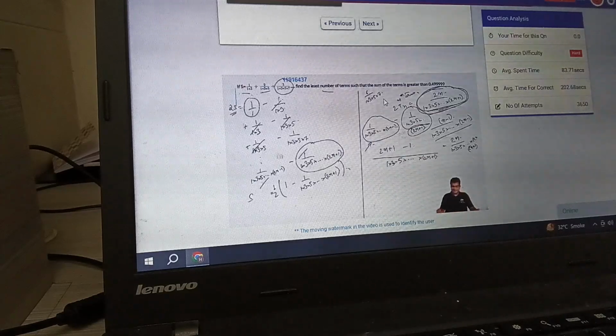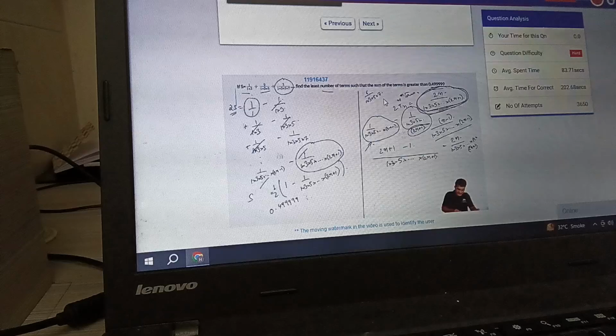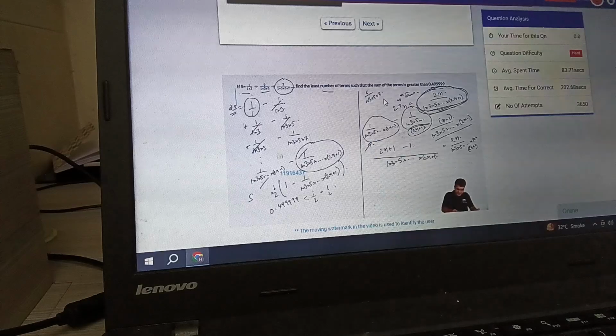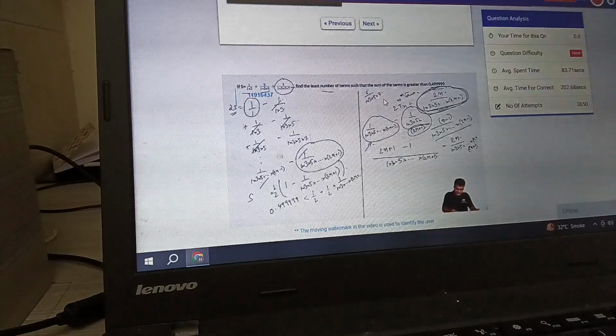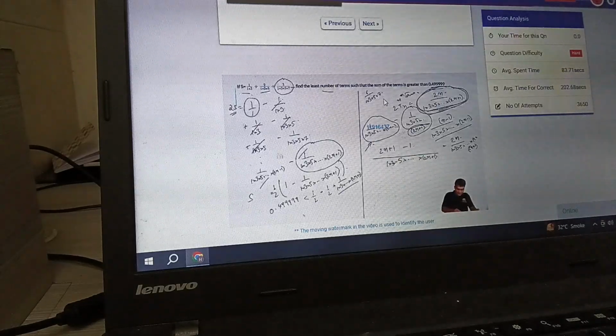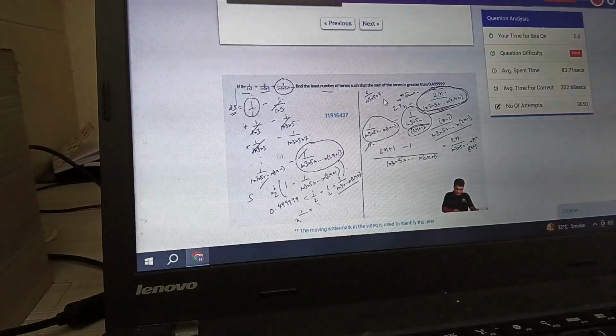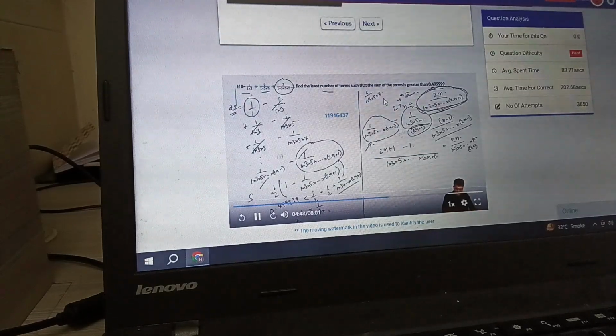Now we want s to be greater than 0.499999. So you want 0.499999 to be less than 1 by 2 minus 1 by 2 times 1 by 1 into 3 into dot dot dot into 2n plus 1. Now you can bring both of them to the other side. So the left hand side will become equal to 1 by 2 into 1 by 1 into 3 into dot dot dot into 2n plus 1